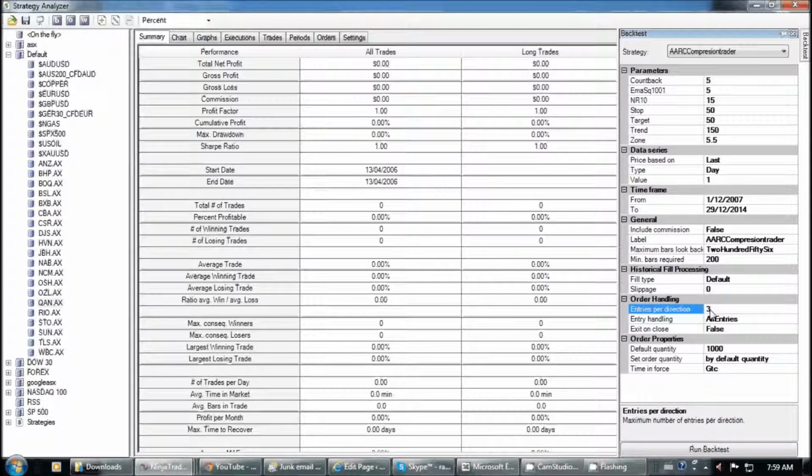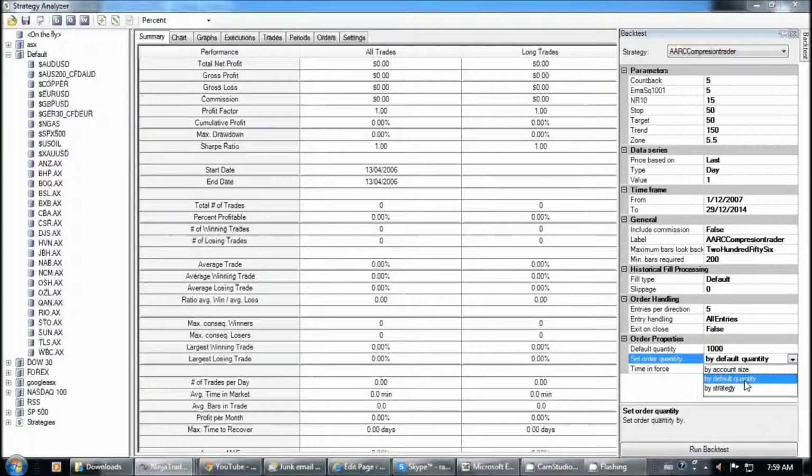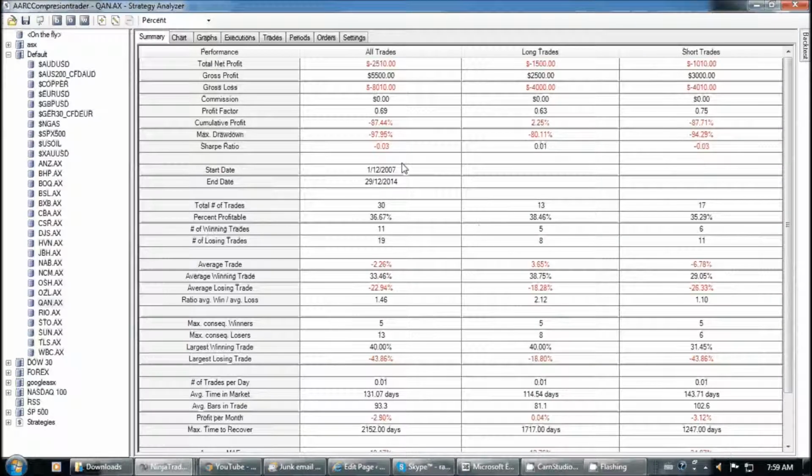Entries per direction is important, whether you want to enter 3 or 4 times or just once. I'm using 3 indicators, that's why I've gone for 3, but you could go for 5. Default quantity is how many shares you want to buy at one time, so you could do 1 if you wanted to. And this is important when you select default quantity. Normally it's by strategy, so you've got to change that to default quantity,